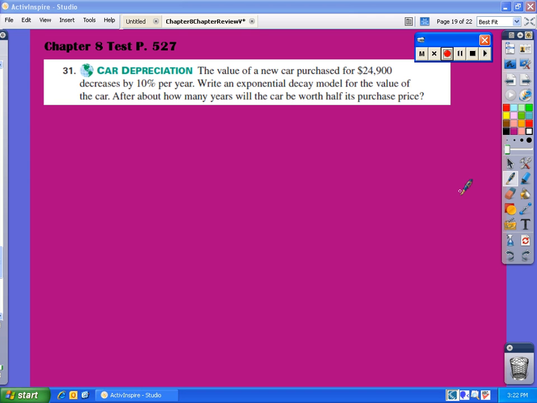In number 31, we're going to practice one of our word problems. This is car depreciation. Remember, this does not involve interest calculations, so we are not using either of our compound interest formulas. Instead, we're going to use our basic equation, y equals a times b to the x, where when we realize this is depreciation, we're going to create a decay factor